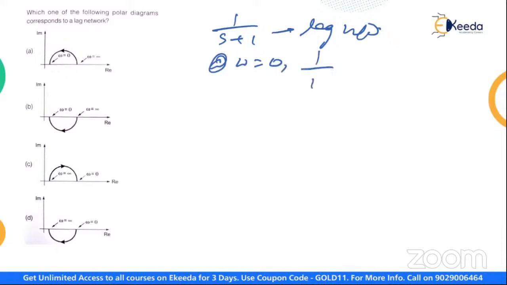Right answer D. Let us do the solution. See, which of the following polar diagrams corresponds to a lag network? Let us consider 1 upon s plus 1 to be a lag network, for example, and it is a lag network. We already know that. At omega equal to 0, what happens? At omega equal to 0 means 1 by 1, so you get magnitude to be